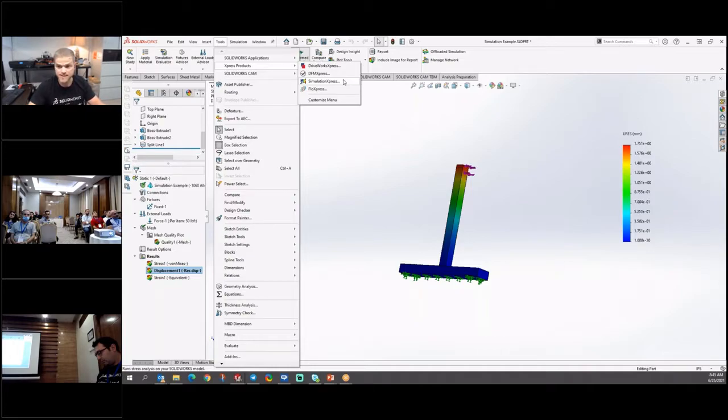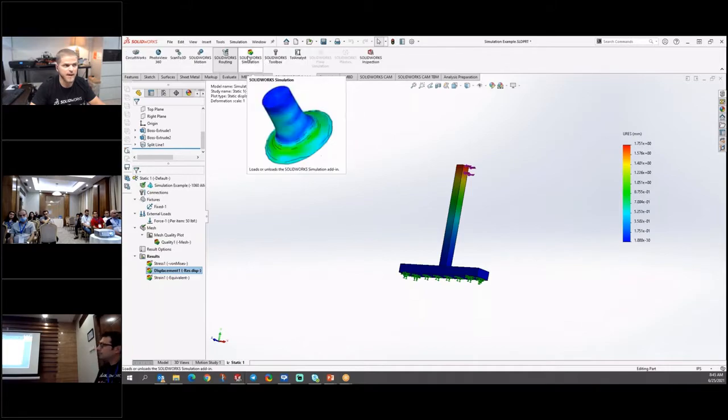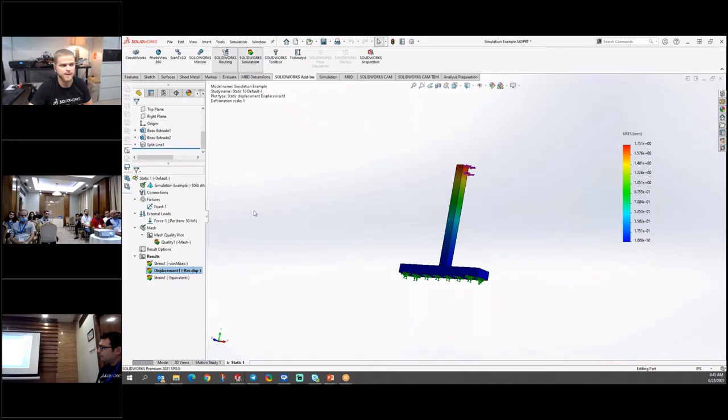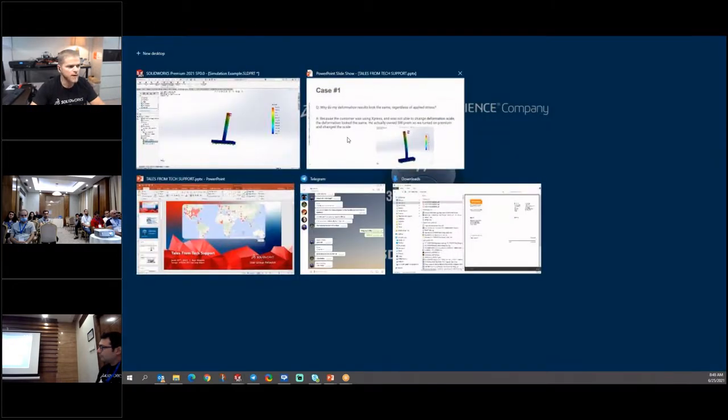Everybody has that, regardless of what license of SOLIDWORKS you have. That's in every single license, with a caveat that it only does one part at a time, and you can't change that deformation scale. You don't have all the control that you would have if you were using, for example, what I am, full-blown SOLIDWORKS Simulation, which is a separate purchase, or a separate add-in, I should say, from the software itself. If anybody in the audience has SOLIDWORKS Premium, you actually have SOLIDWORKS Simulation. You have the first level of SOLIDWORKS Simulation built in that you can test with.